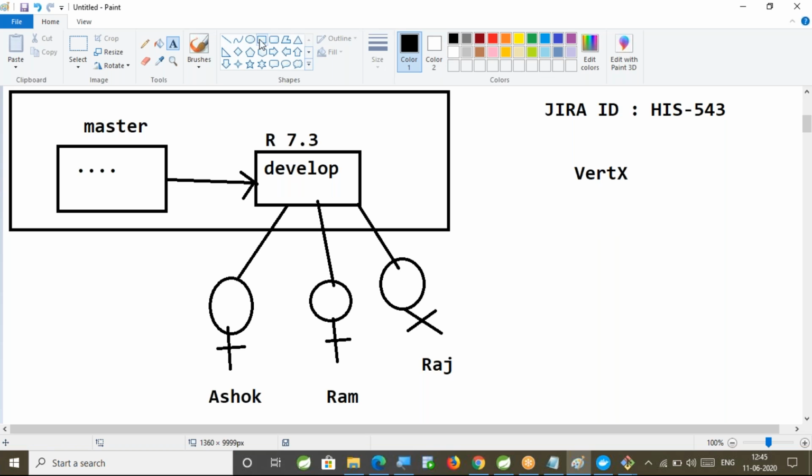Now assume that the changes I am doing for Vert.x R&D, I commit to the developer branch only. What is the problem? After one week, I realize that Vert.x is not working for us. It is very difficult, and Spring with REST is better than Vert.x. If you decide that after one week, what is going to happen? For the past 10 days or one week, whatever code you have done for Vert.x, you committed to the developer branch. Now you need to remove all that code from the developer branch. That is a very difficult task.